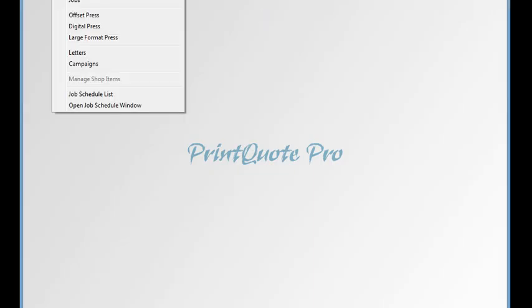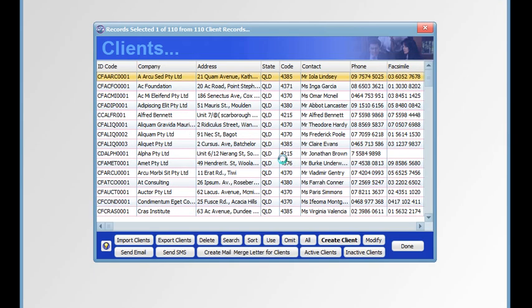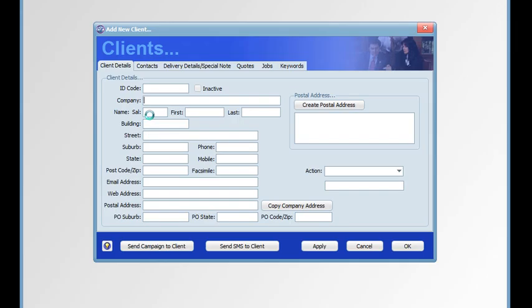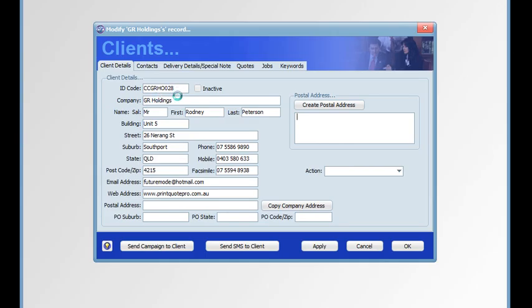To enter a new client, click on the Clients button on the toolbar or select Clients from under the PrintQuote Pro menu. Then click on Create Client. Enter your company's details into the fields, and when the company name is entered, the ID code will be created